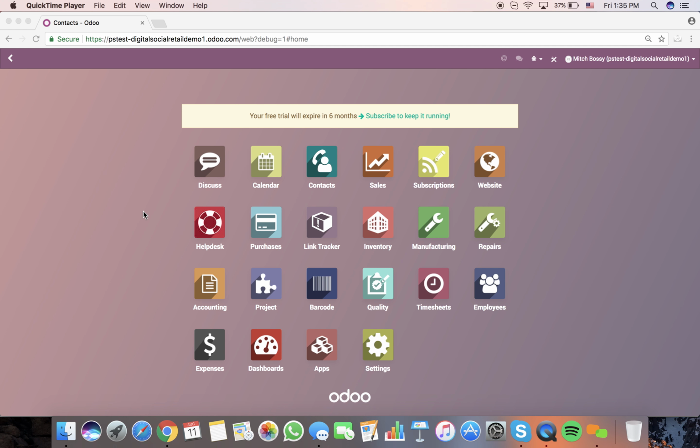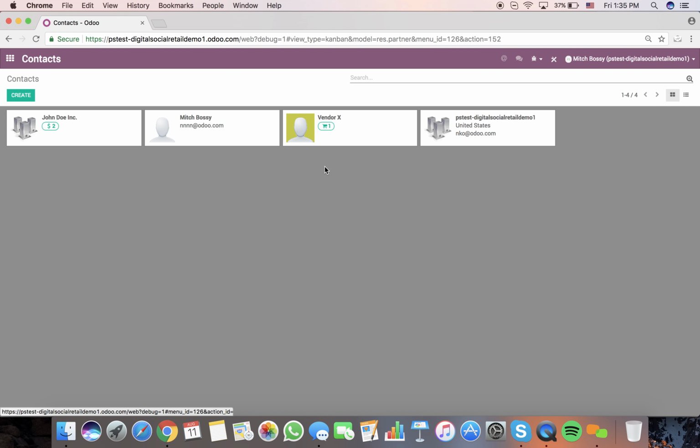So what I want to share with you today is just a brief overview of what we went over in our recent phone call. So want to share with you the applications and sort of get into the way that these applications are integrated amongst themselves. First thing we're going to want to look at is our contact record, or the Customer 360 as we call